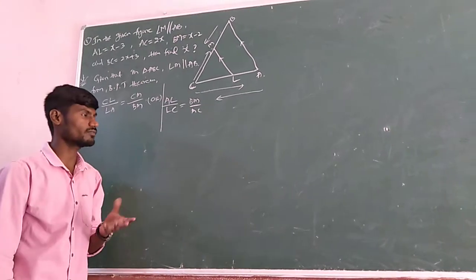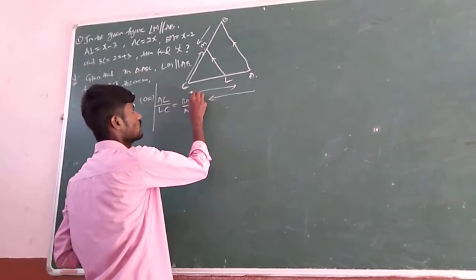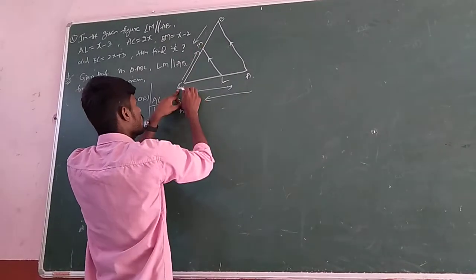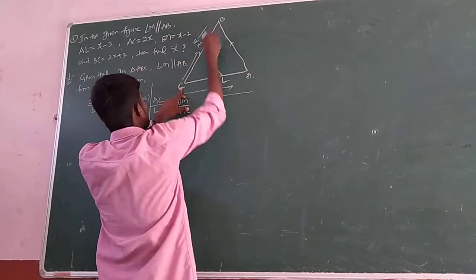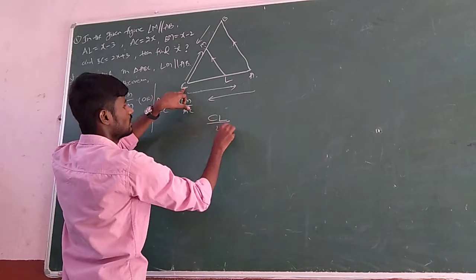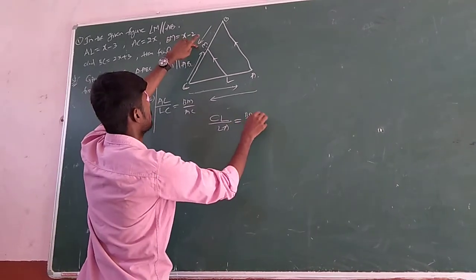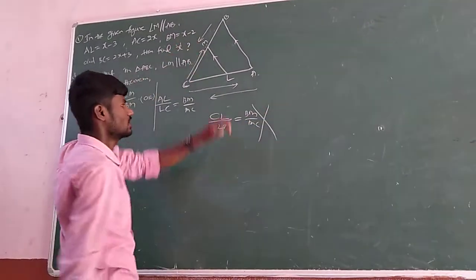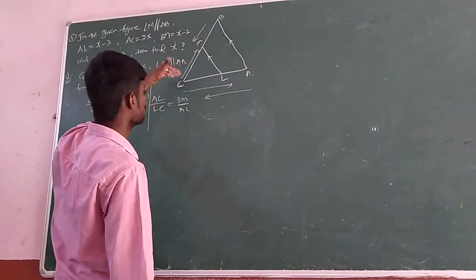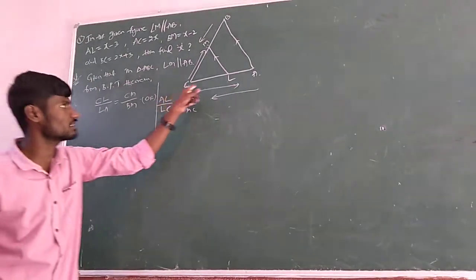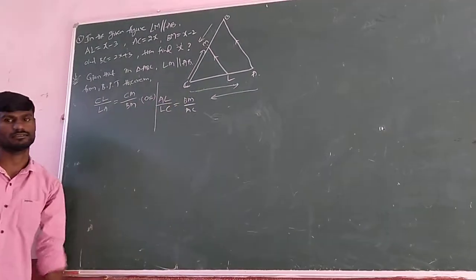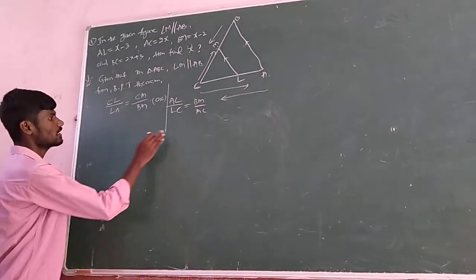Means you don't get confused. You just remember here you have to go in this direction. If you are starting from C, in this direction also start from C. If you start here with CL by LA, don't take BM by MC. That is wrong. If you start like this, CL by LA equals BM by MC, that is wrong. Okay? So you have to remember, either you have to start from C or you have to reach C. You have to start from C and go to the last vertex, or from the last vertex reach C. Both are correct. Remember in that manner.